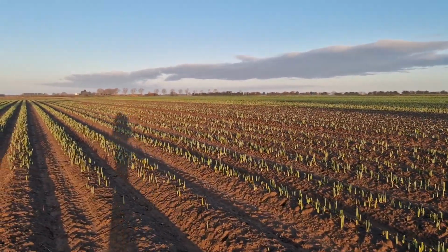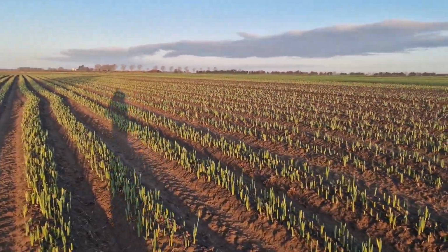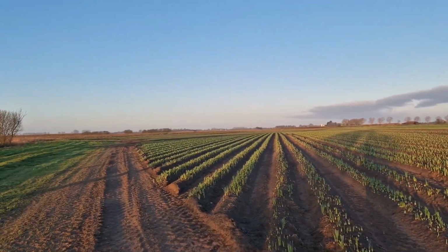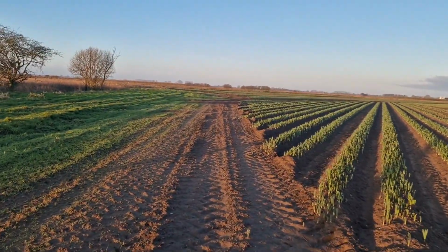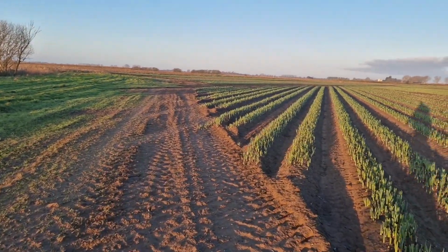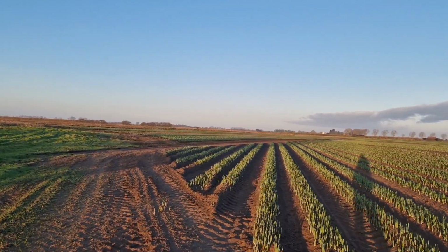Well, I'm having a quick walk of the daffodils. These are the ones down the bottom of my fields. This side is first years and we're nearly walking up to the second years. So this lot was barley, but that side over there, which is planted at a different angle, was planted in my first year of tenancy. So this is the first year we're actually going to get a pick off of these daffodils, because if conditions are not perfect, you shouldn't really be picking on a first year. You can, and we have done in the past, but when we looked to consider picking off of these first years last year, because these are now the second years,